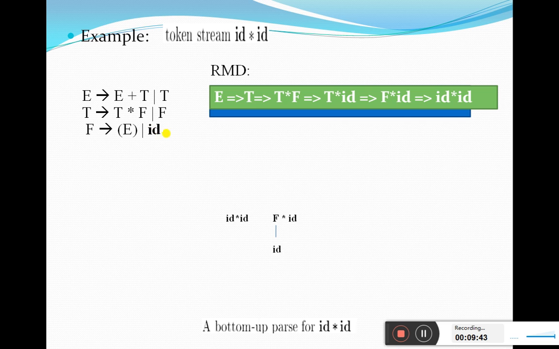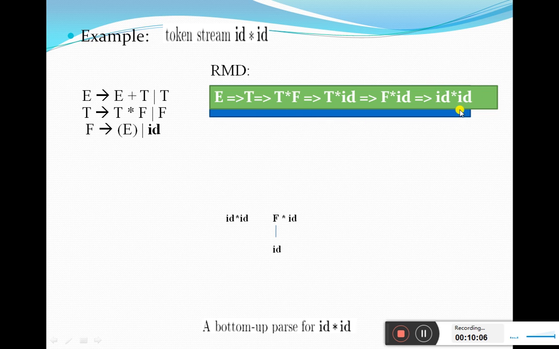So it must be a true handle. In a sense, once I replace the handle by the head of the production, you should get back to the previous sentential form. So T star F, T star ID, F star ID are called sentential forms. So this is called a sentence.